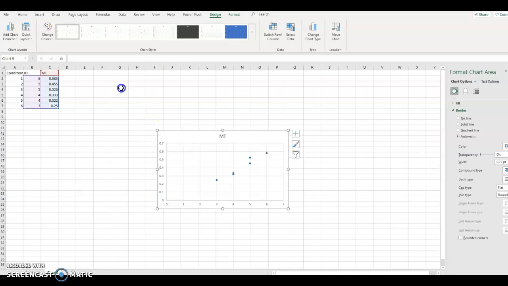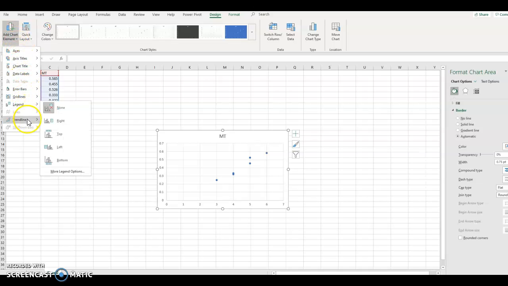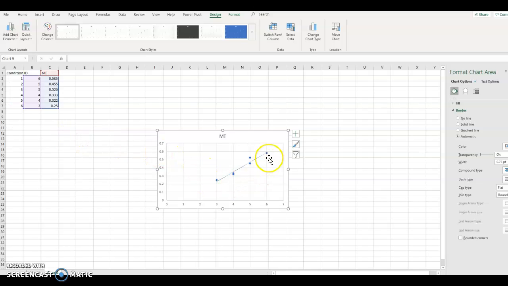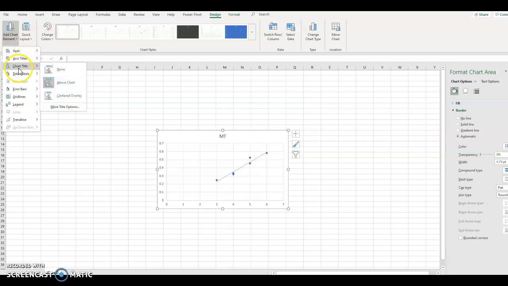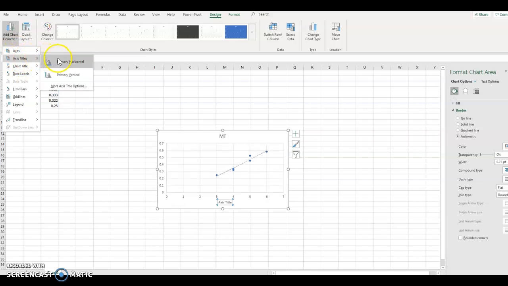So we have some things we need to add on to here too. If we go up here to chart element, we can add our trend line. Our best fit line, we want a linear line. That puts our linear line in here. We also want to add axis titles on our horizontal